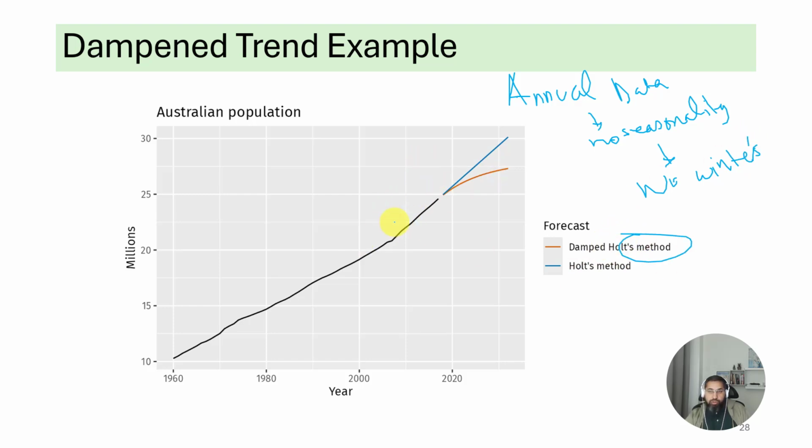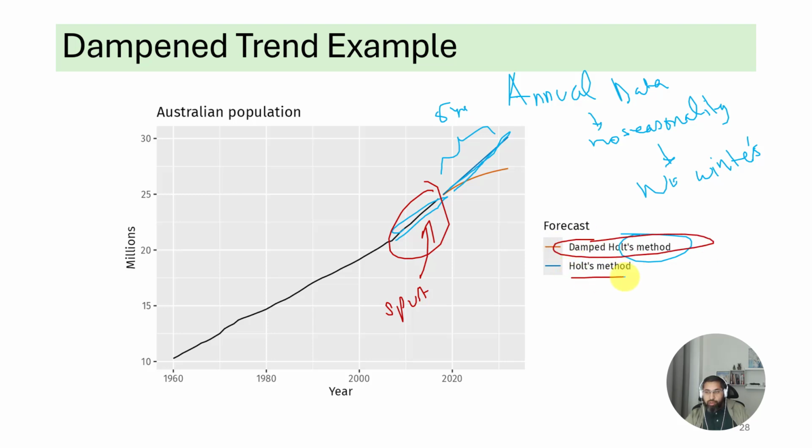So if you just use Holt's, you can see there's a sharp trend here. So your forecast is going to grow a lot for the next 5 years. This is a 5-year forecast, right? 5 years, showing a lot of growth. But you might say, well, good things don't last. This spurt of growth is not going to last. So you might want to try the damped Holt's method, not just the Holt's method.